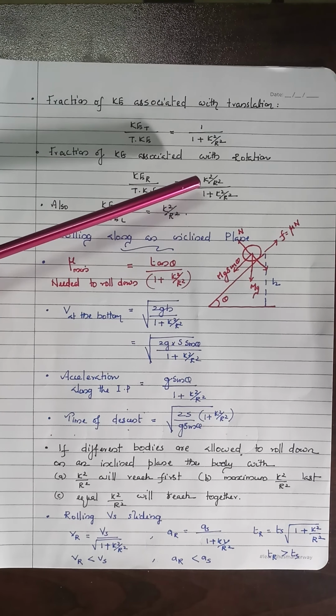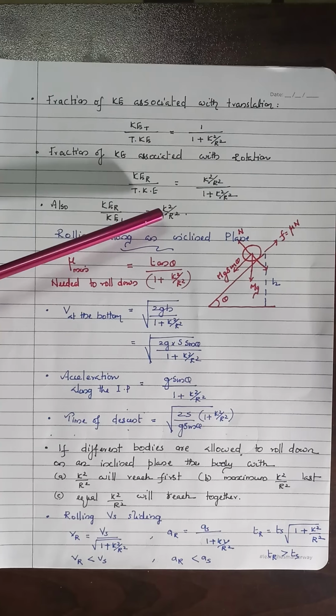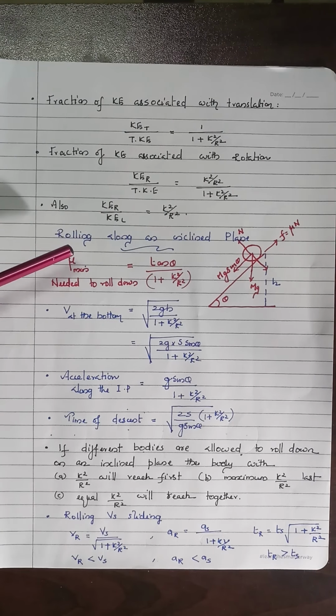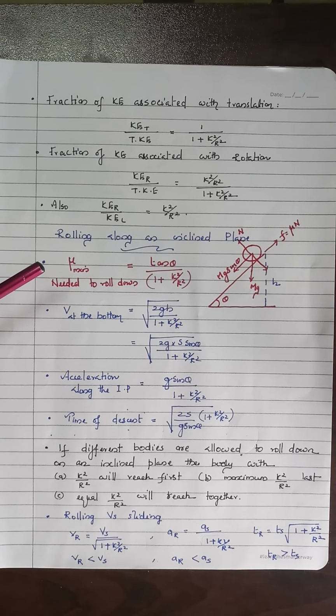In simple formula, k square by r square by 1 plus k square by r square is the ratio of rotational kinetic energy to the linear one. See the rolling motion along the inclined plane, and we are dealing with the 4 important concepts. The minimum coefficient of friction needed to roll down for an inclination theta is tan theta by 1 plus k